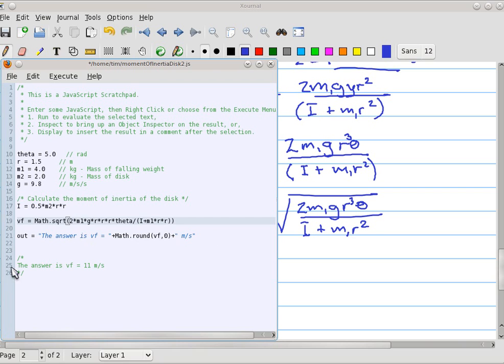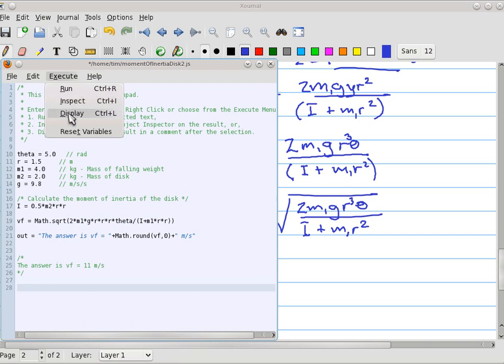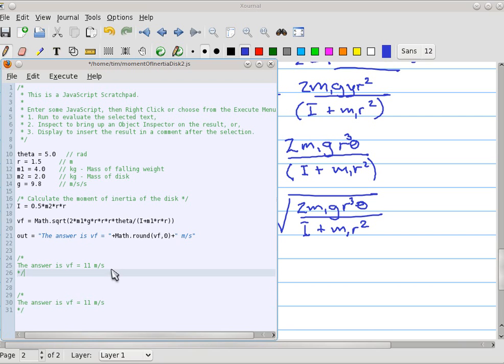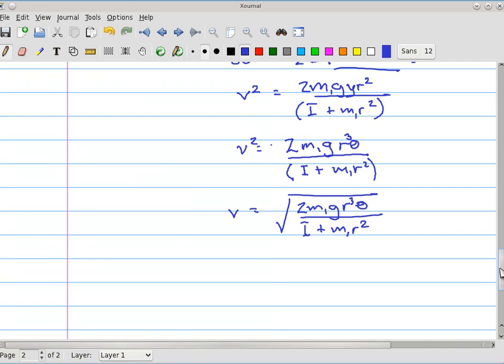Now if everything goes well, let's see what we get. Execute, run, no errors, execute, display. Look at that. So that was my previous answer, 11 meters per second right there, and I got exactly the same answer from this. And I hope you can see, okay, here's the work we went through,